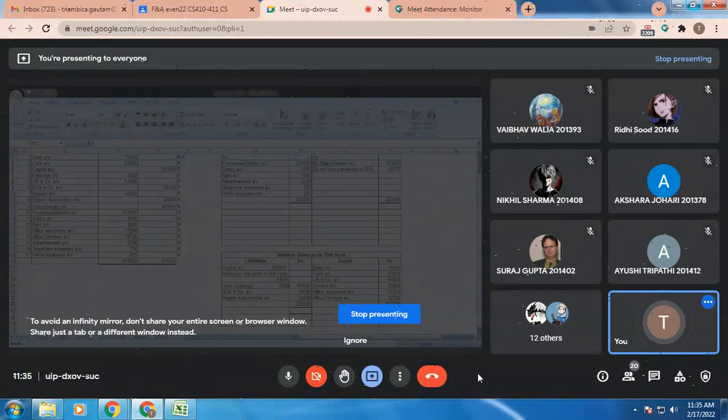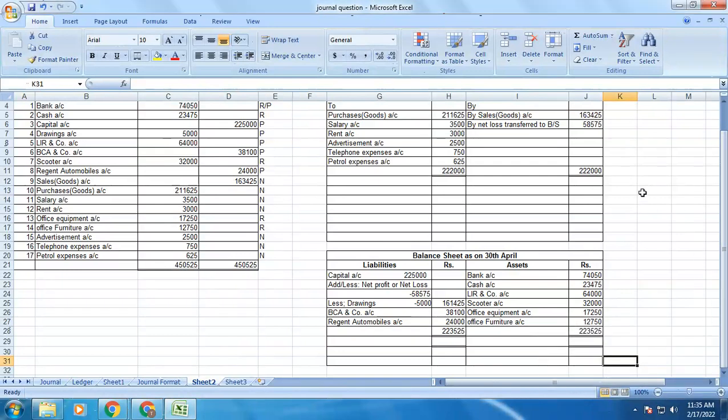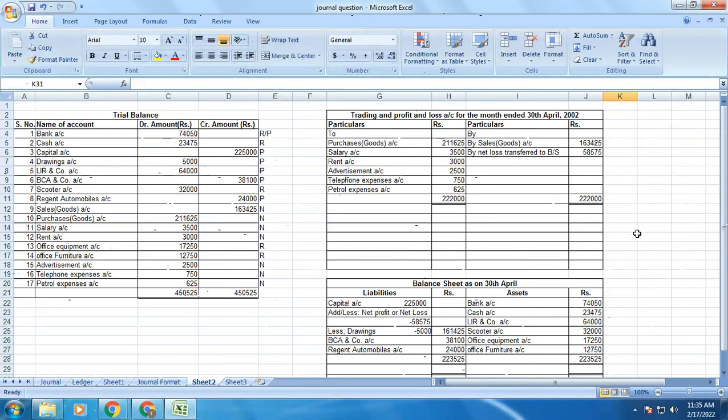Okay? So process wise, this is what you're supposed to do. But there is a slight modification here, which now I'm going to discuss with you, with respect to the trading and profit and loss account mainly. Number one, when we have given it a name, trading and profit and loss account, right? What was the significance? The significance is that this particular question that we used as an example was a journal